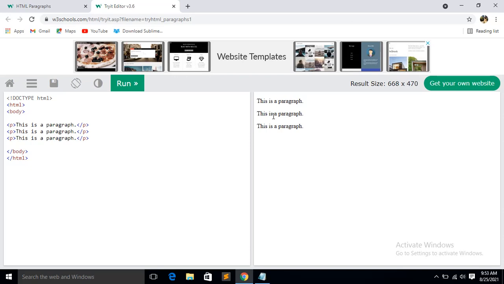Another thing you have to remember: the BR tag is an empty tag. What does it mean? There is no need to close this tag. That means a closing tag is not required. You can see the example given in your book: BR, I am a learner. Then they have not closed the tag, they have started another BR, I am learning computer from class 7. So the line will come after the previous line without any spaces. So that is the difference between the paragraph and the BR tag. Let me show you the example.